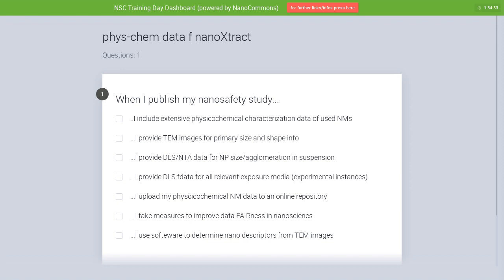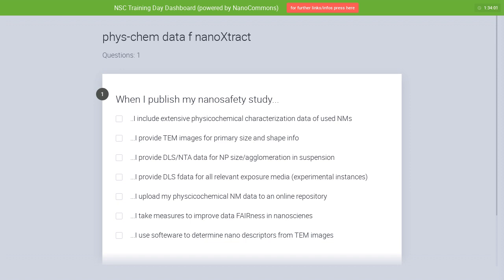To get into that, I would like to ask you to share some of your experiences or habits, how you actually deal with physicochemical characterization whenever you are ready to publish your nanosafety study. So how are you doing it, so that we get an insight into what people do. This includes our usual behavior too, of course.